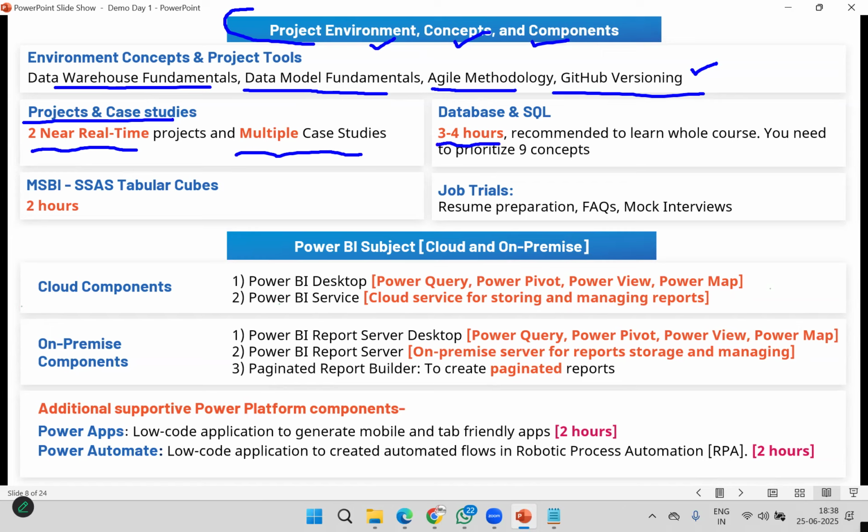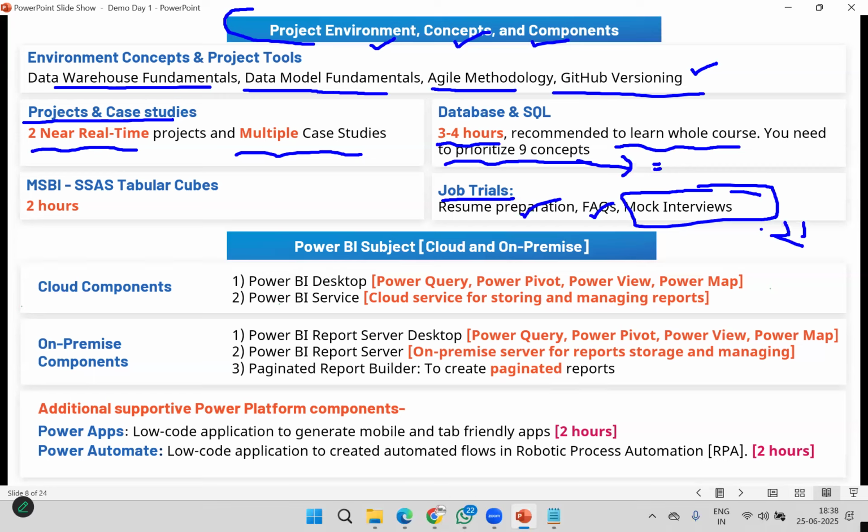Database knowledge, I will give you 3 to 4 hours, but I will recommend you to learn the whole course wherever you want to learn. Even if we offer, you can start up in our institute and prioritize 9 topics. I will list out the topics and provide you priorities. And job trials, resume preparation, FAQs I will cover, and mock interviews conducted before you go for actual interviews.